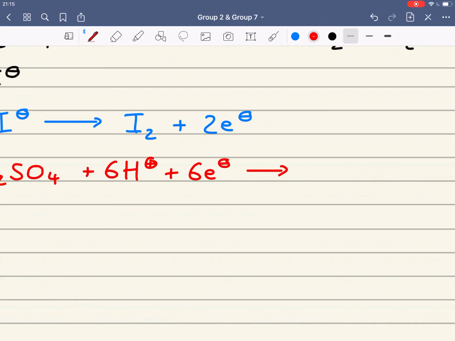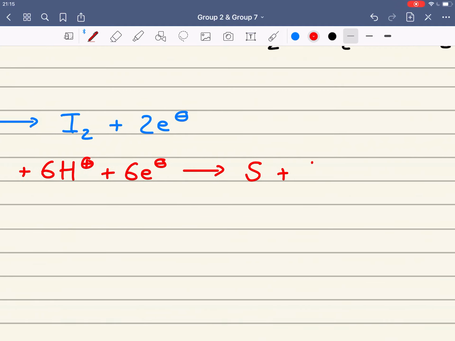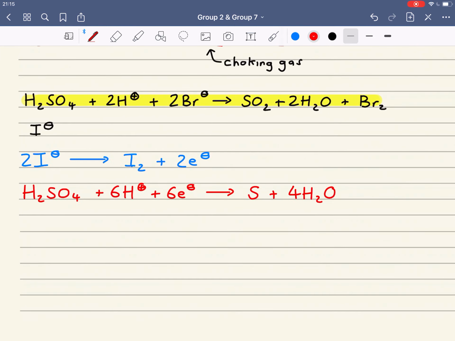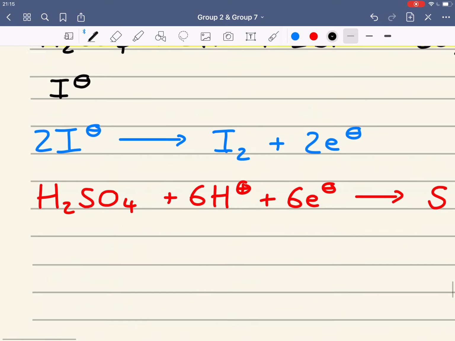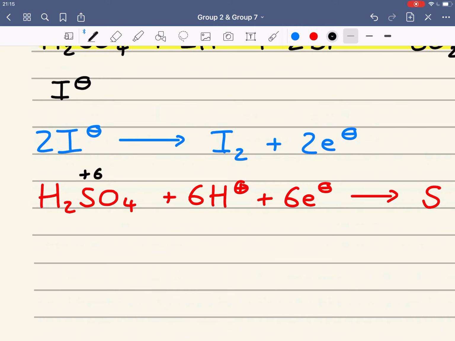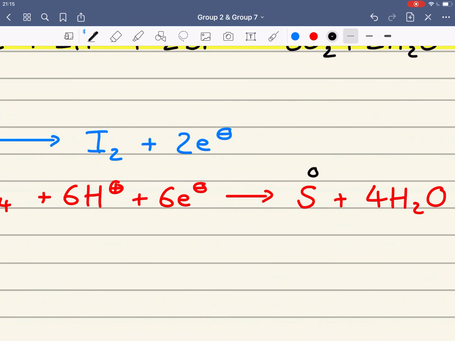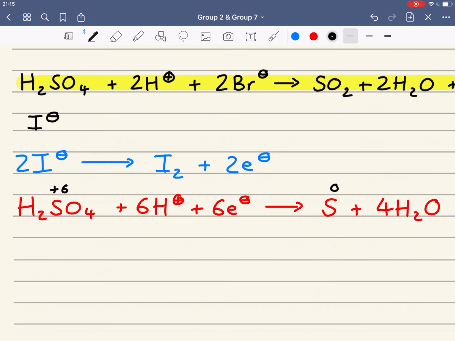And that would give us then sulfur plus 4H2O. And hopefully you can see that everything balances there. Again, we can check that it's 6 electrons. The oxidation state of the sulfur is +6, and it's gone down to 0. So this sulfur in the sulfuric acid has gained 6 electrons, going from +6,